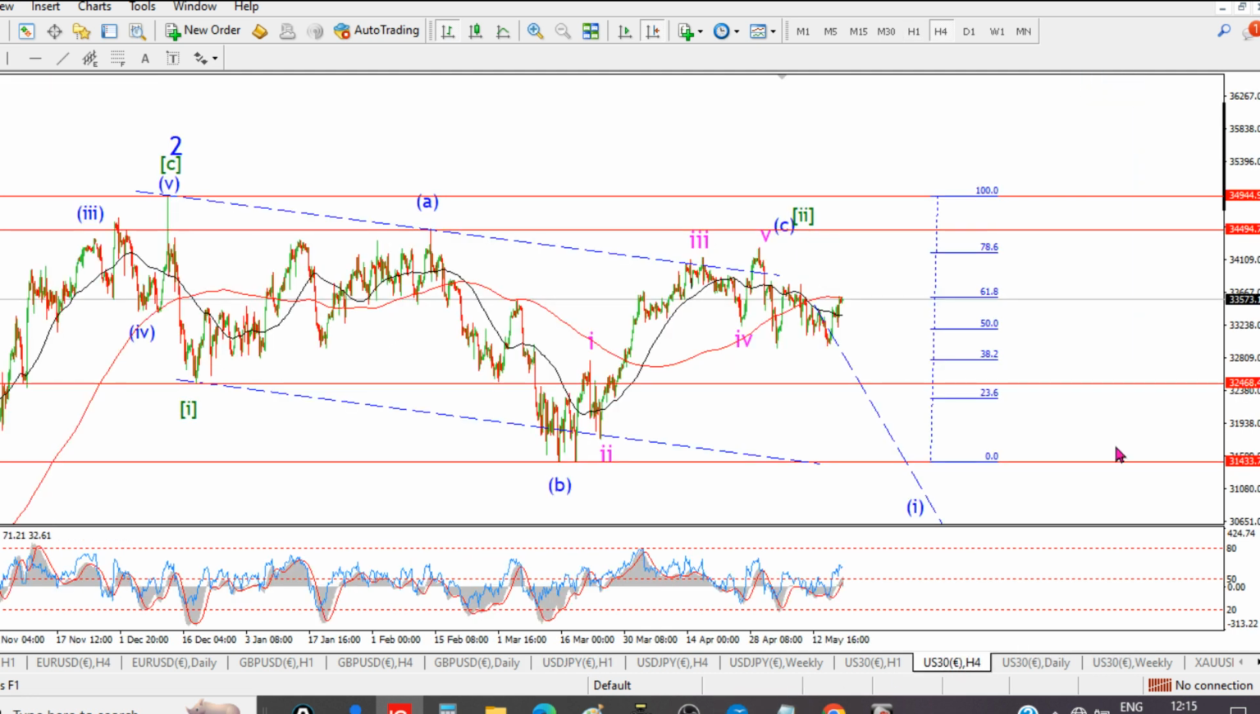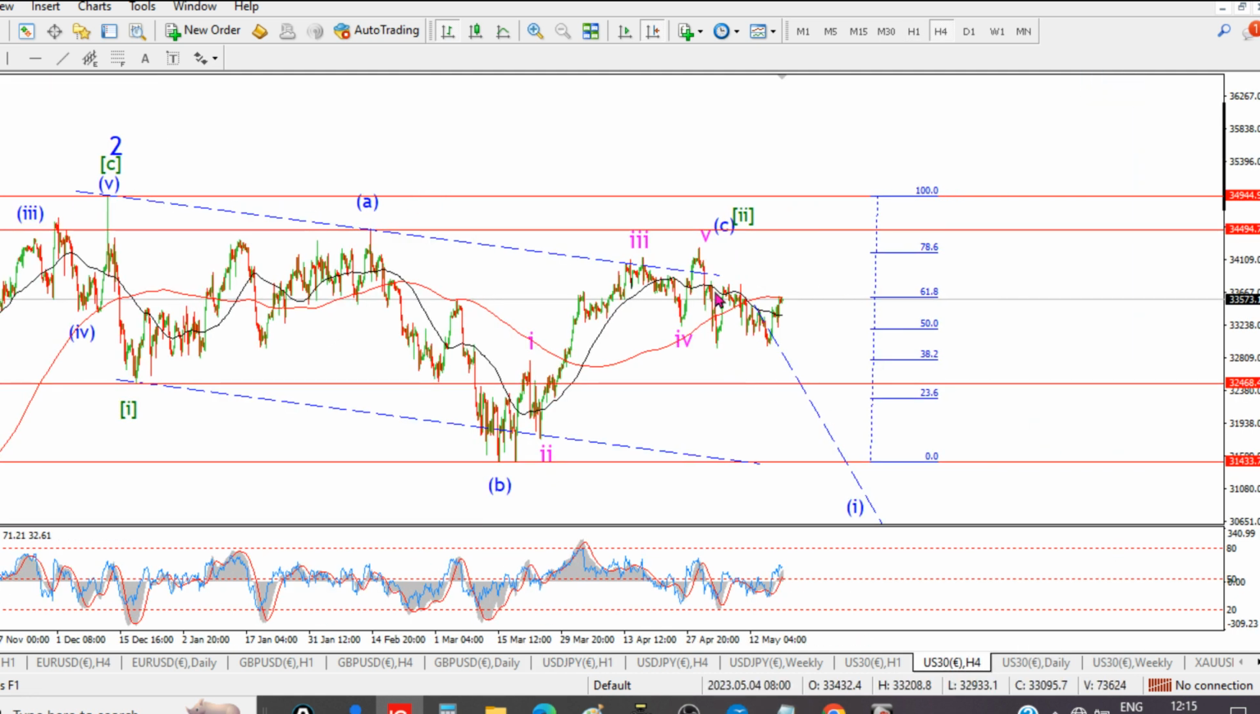Okay. This is the Dow. The declines this week did not materialize into an impulsive pattern. I think, though, we are still correcting sideways in a second wave. So at the moment, this is what I'm working with. Wave 1 and wave 2. And I think